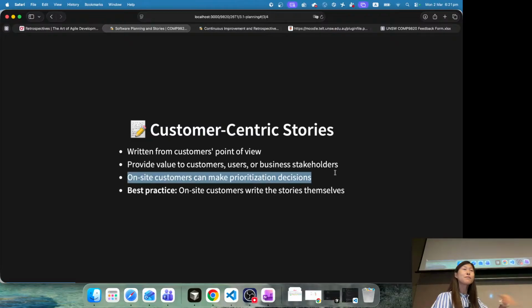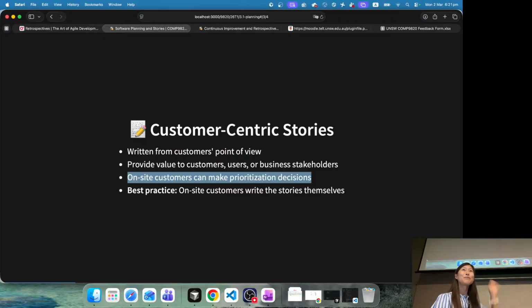So the customers will be involved in writing those stories. Sometimes we also ask the actual users to write the stories themselves. When they are writing the story, they may not be following the exact format. And then you can rewrite that in the format, but they can provide you with some ideas on, well, I want to manage my task. Right? This is some kind of value I want. And you can also ask them to help you with